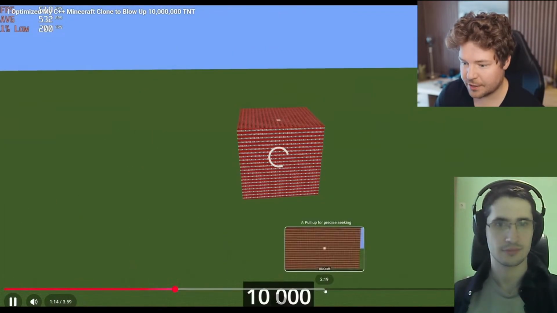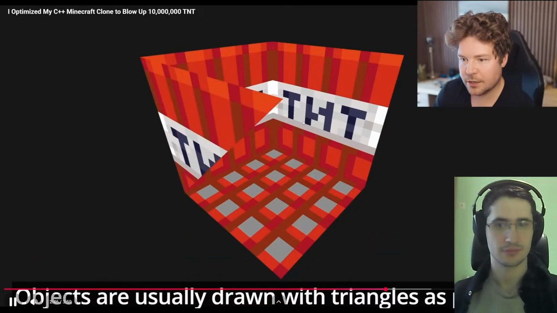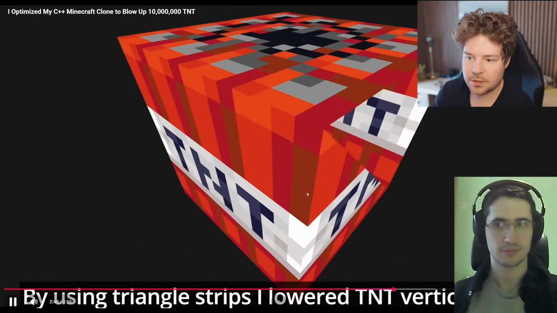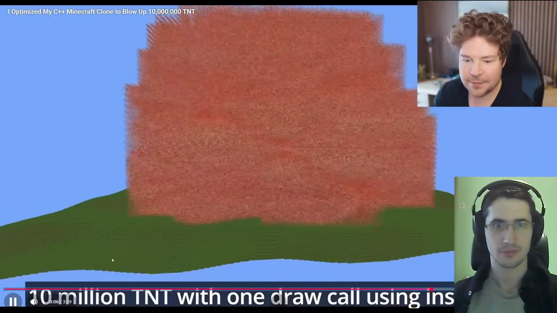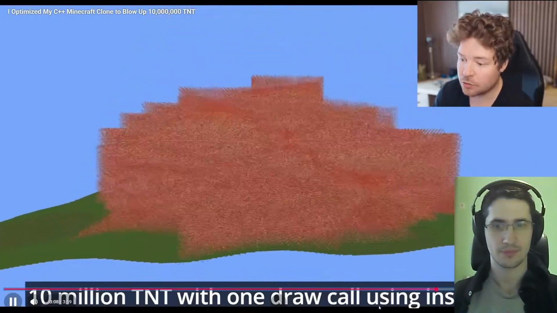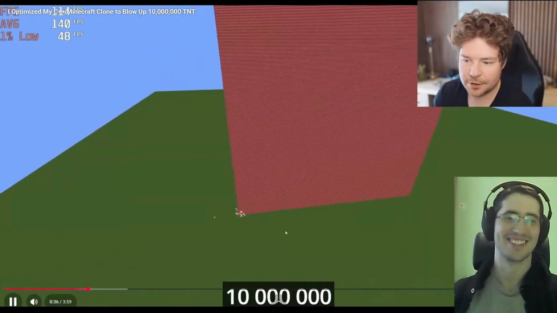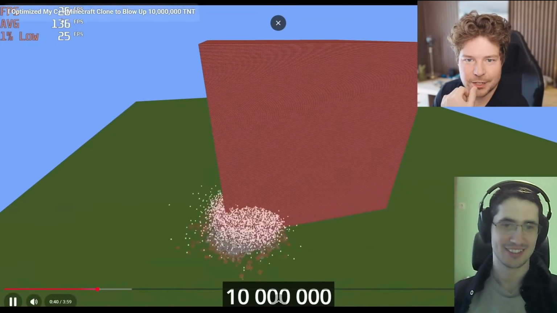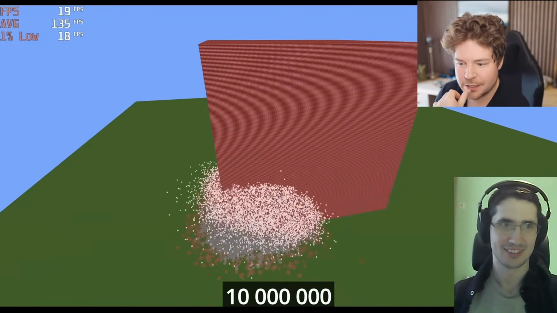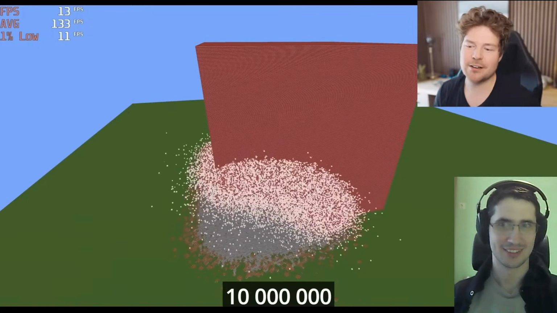We have 10,000. Objects are usually drawn with triangles as a primitive. So this is probably the geometry shader that would assemble it into that from points. And then 10 million TNT with one draw call using instancing. Ah, here it is, 10 million. Wow. Okay, so we've got like 30 FPS or so, 20, 19 FPS is falling, but wow, 10 million TNT,